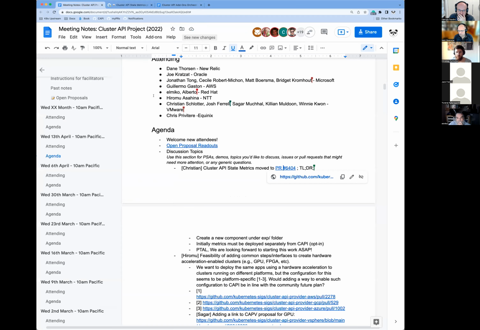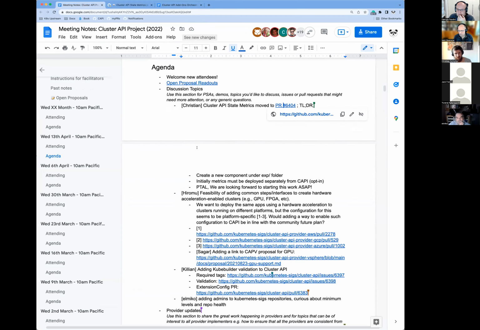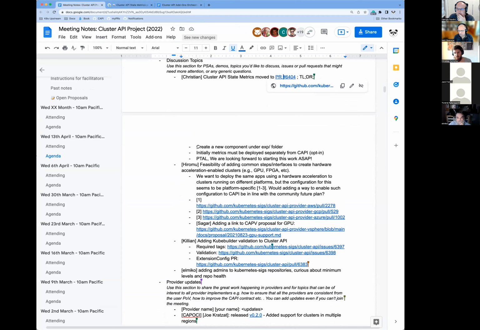Follow-up pull requests will, for example, implement machine health check metrics, which we added to the proposal, and which the component currently does not have implemented. Thank you. This is great. Really looking forward to seeing this moving.